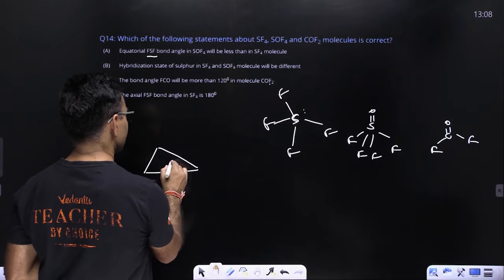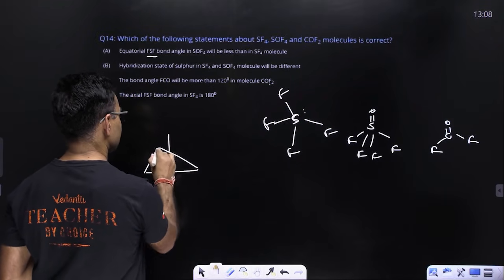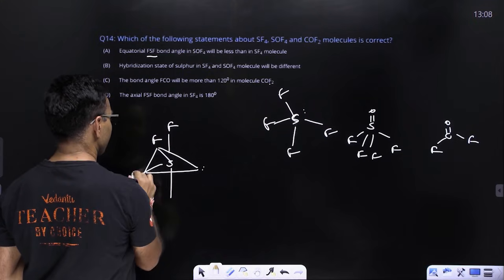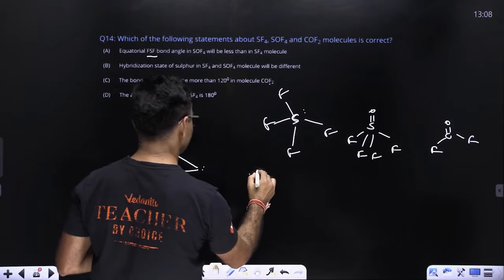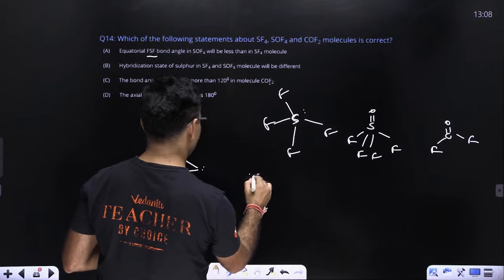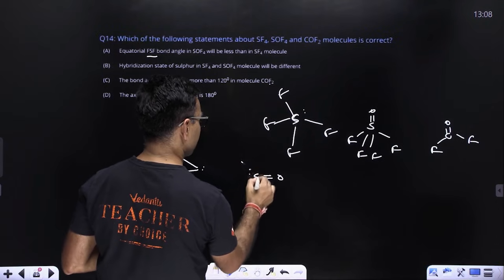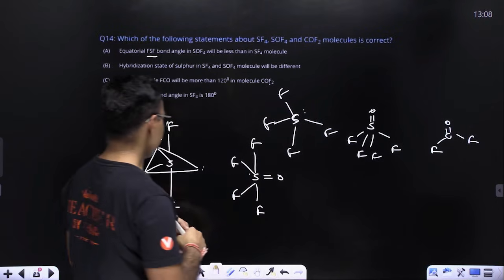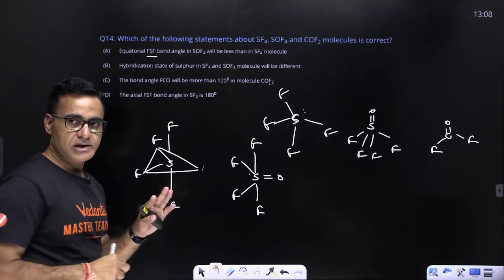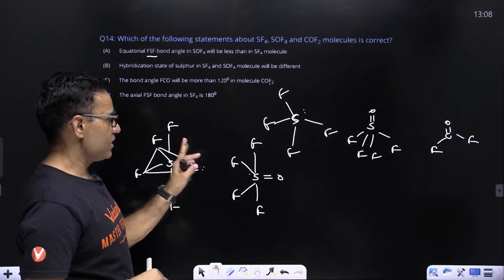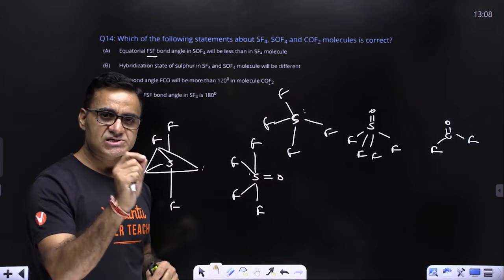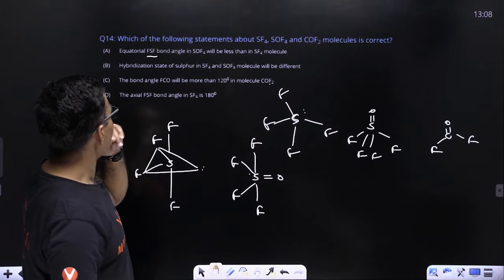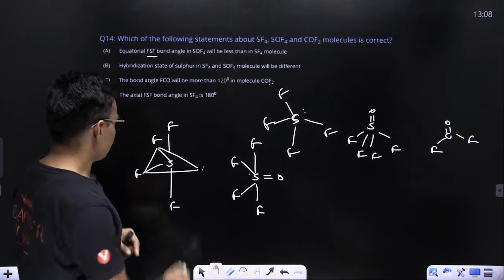ज्योमेट्री होता है। तो जब हम TBP ज्योमेट्री बनाते हैं तो आप सबको पता है कि लोन पेयर हैज टू बी प्लेस्ड एट इक्वेटोरियल पोजीशन। तो लोन पेयर को इक्वेटोरियल पोजीशन पे यहाँ भी रख दिया एंड SOF4 में डबल बॉन्ड यहाँ रख दिया, अगेन ये ज्योमेट्री हो गया। ऑलराइट, अब यहाँ पे जो रिपल्सन लग रहा है इन SF4, दिस इज लोन पेयर बॉन्ड पेयर, और यहाँ पे लग रहा है पाई बॉन्ड एंड सिग्मा बॉन्ड का रिपल्सन, तो ऑब्वियसली लोन पेयर का रिपल्सन ज्यादा होता है। तो कमिंग टू द ऑप्शंस, इक्वेटोरियल बॉन्ड की बात कर रहे हैं,